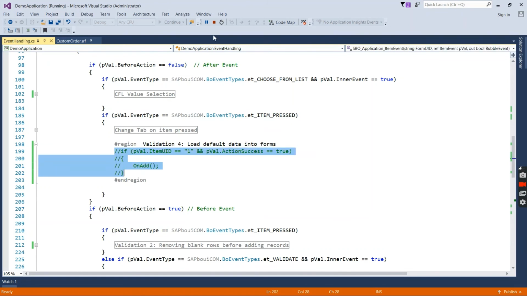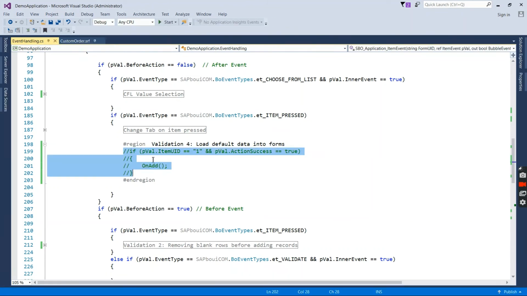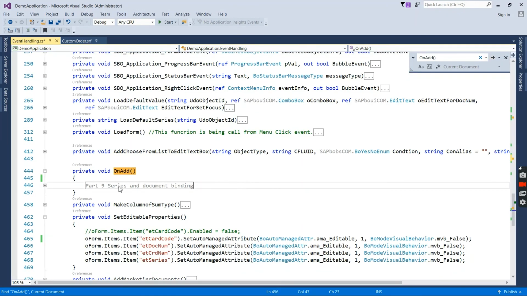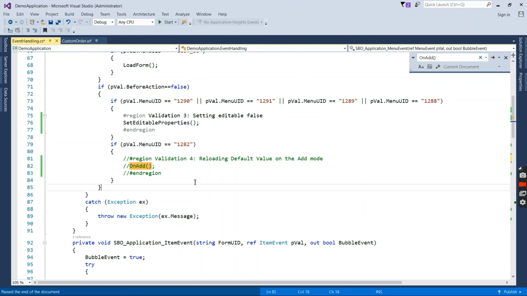This is the code we have written to open our form with default values in add mode. Let me uncomment. In menu click, this is called on item pressed, and once again this function is being called on menu click. Let me show you here.